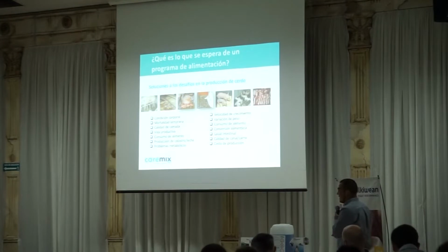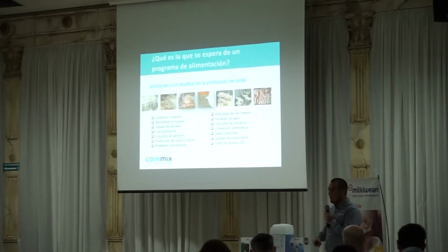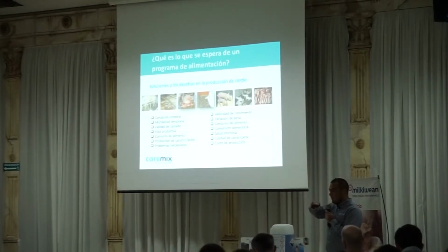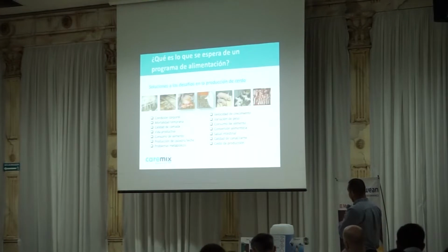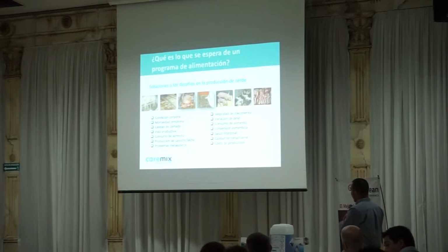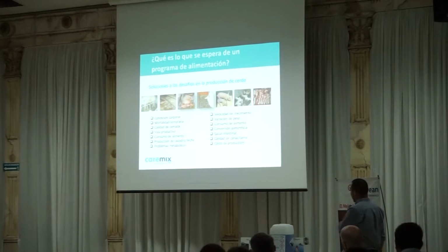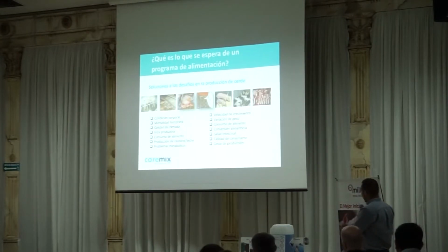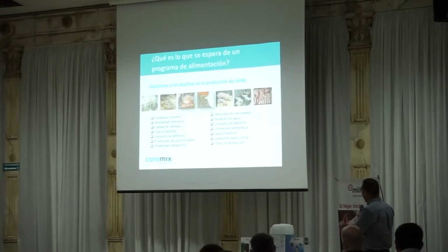La vida productiva de nuestra cerda también a través de la nutrición la podemos estar manipulando para que nuestra cerda, que es de alta genética, que es alta productora, la mayor cantidad de tiempo la mantengamos en la granja produciendo lechones. Consumo de alimentos, sobre todo en la etapa de lactancia, es un reto bastante importante, y por esta situación va a afectar de forma importante la producción tanto de calostro como de leche. Y finalmente, también a través de la nutrición debemos tratar de evitar al máximo ciertos desórdenes o problemas metabólicos.